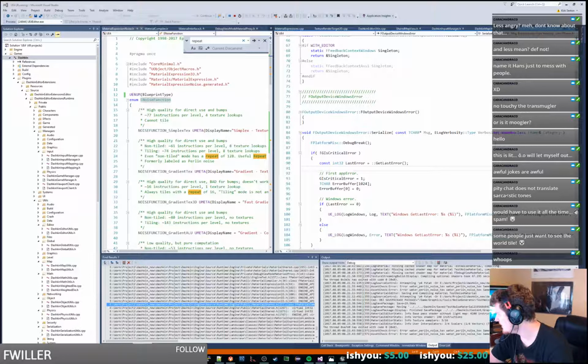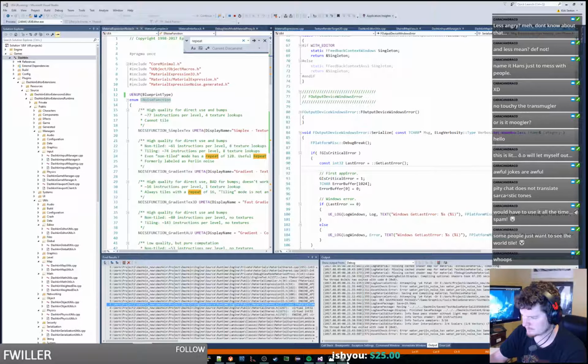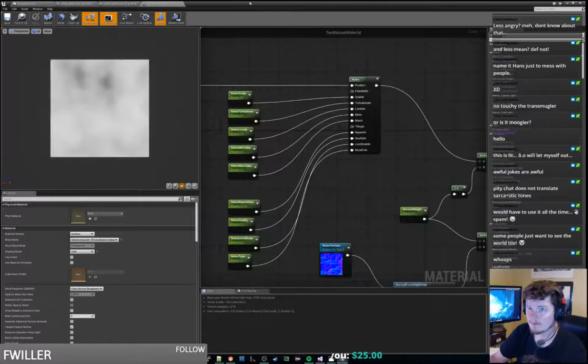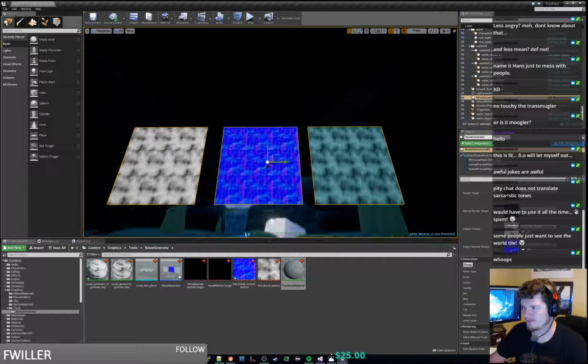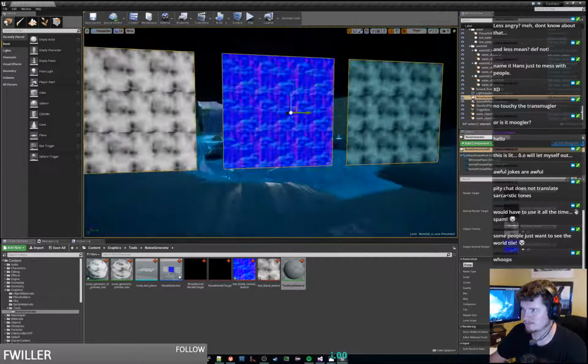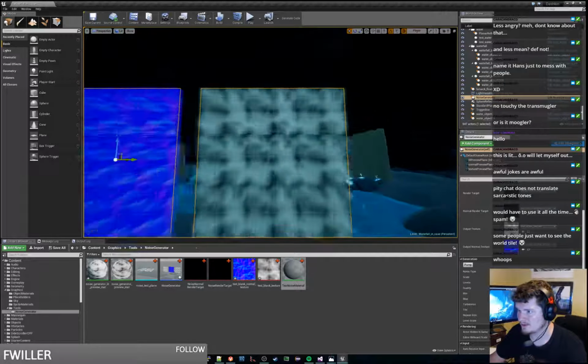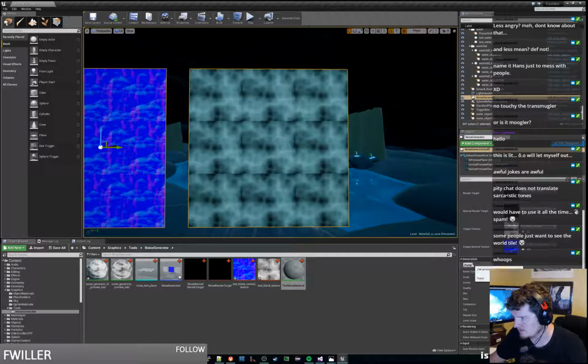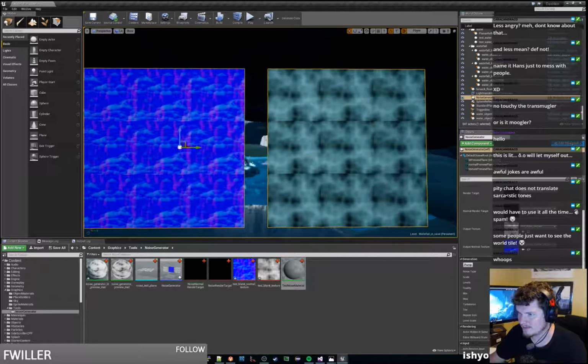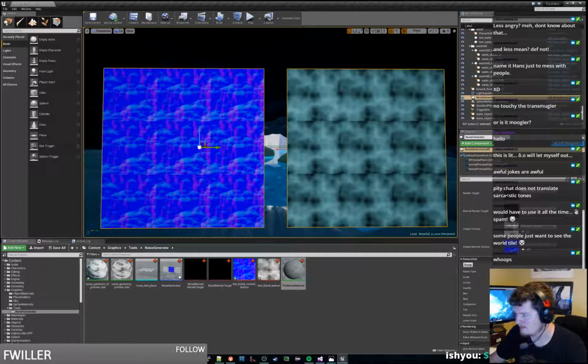Alright, so if tiling is checked, the noise will repeat over the specified repeat size. If you want to bake out some tiling noise, the setup is simple. Alright, so we got this, but the tiling is not... I'm not seeing this tiling stuff actually do anything for us. So